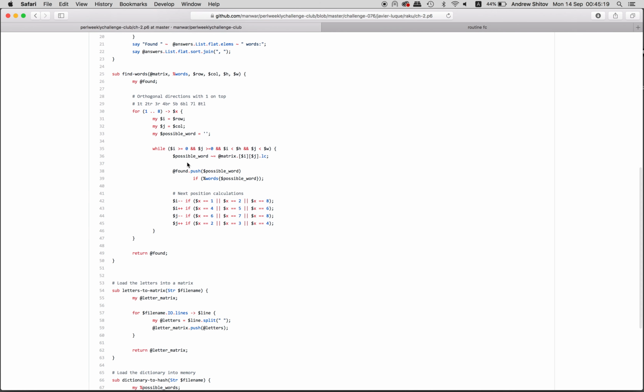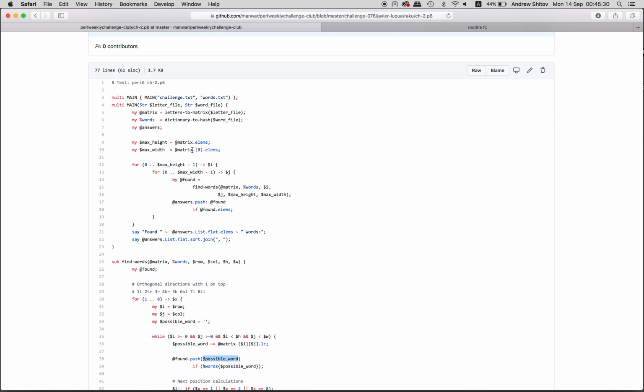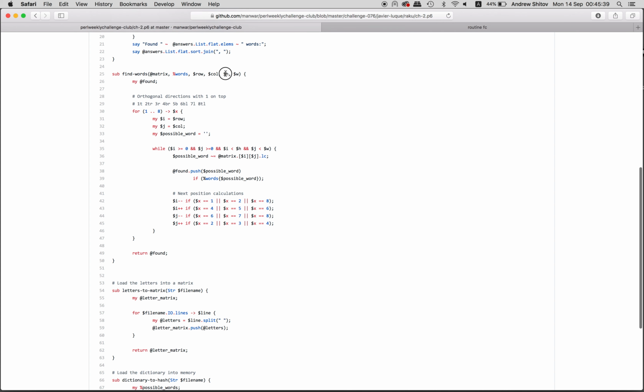By the way, do we have a one letter word in this possible word? Maybe yes. So H and W, these are the sizes, right? So we do while we're within the borders, we start with the current position and we increment the index and we take that index. Right. So yeah,